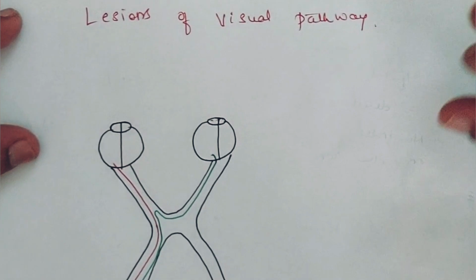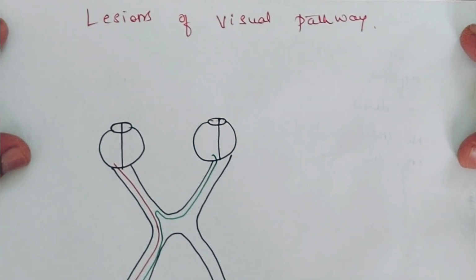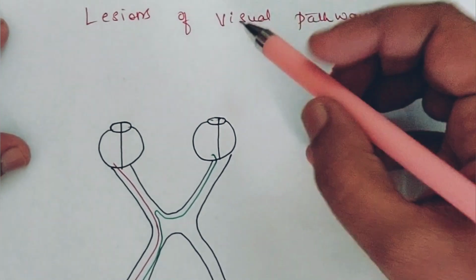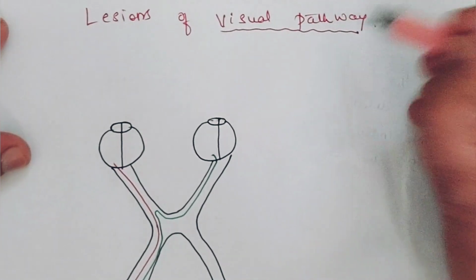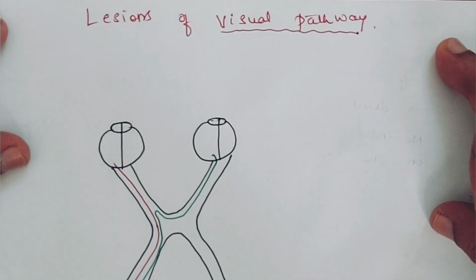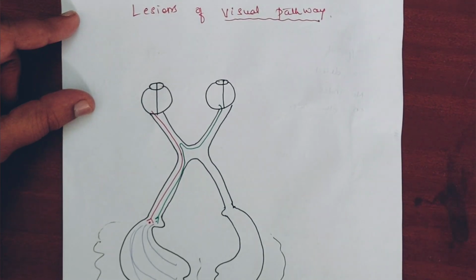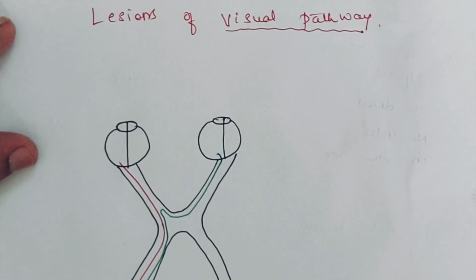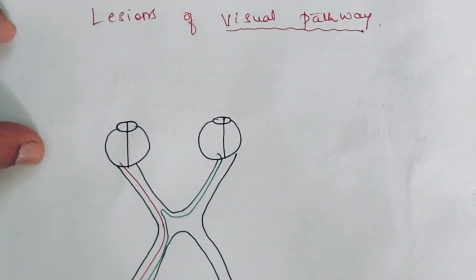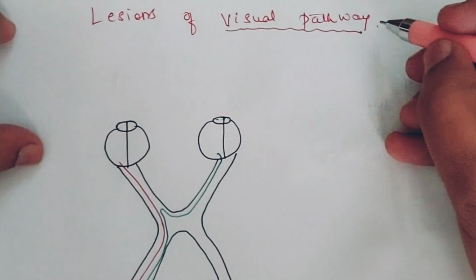Okay. So now we will start with the chapter Neuro-ophthalmology. The lesions of the visual pathway is the most frequently asked question in your theory exam. So they will ask like write a neat diagram of the visual pathway and write the lesions and the corresponding field effects of the visual pathway. So this is most frequently asked question. So without much delay, let's begin our today's video on visual pathway lesions.